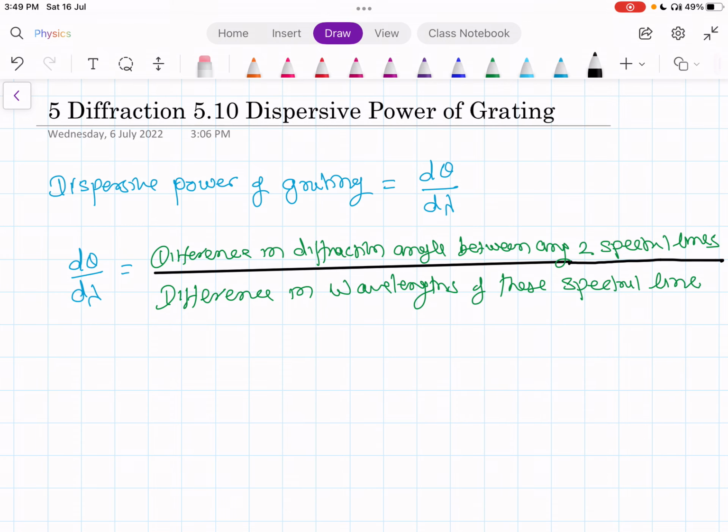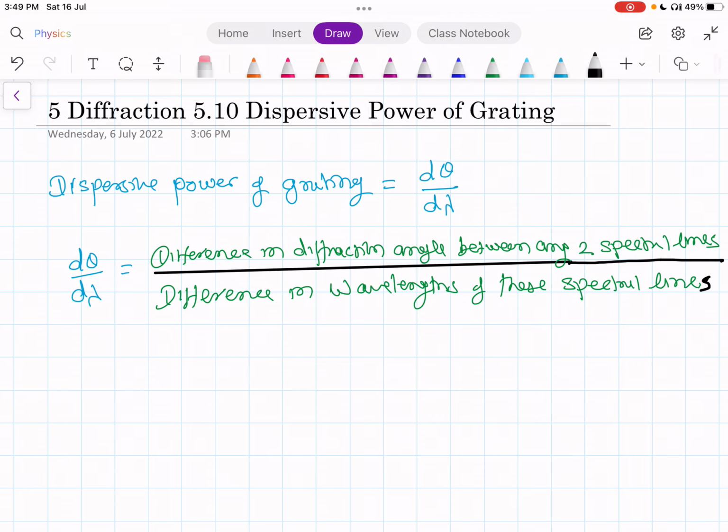For example, if you choose the green light and red light, they have a certain diffraction angle. And the difference in the diffraction angle of this green and red color light, divided by the difference in wavelength of these red and green spectral lines,